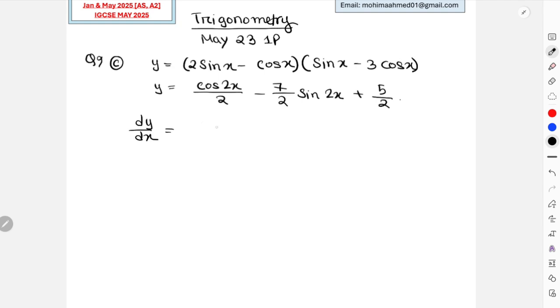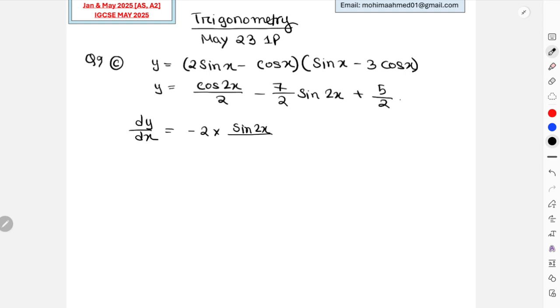If I dy by dx this becomes negative sine, no, the cos integration will give you a positive sign, sorry. This will give you sine 2x divided by, it was already divided by 2, right? So now this will give you, oh, we are integrating it, right? Sorry, made a mistake. For differentiation now, this is going to be negative 2